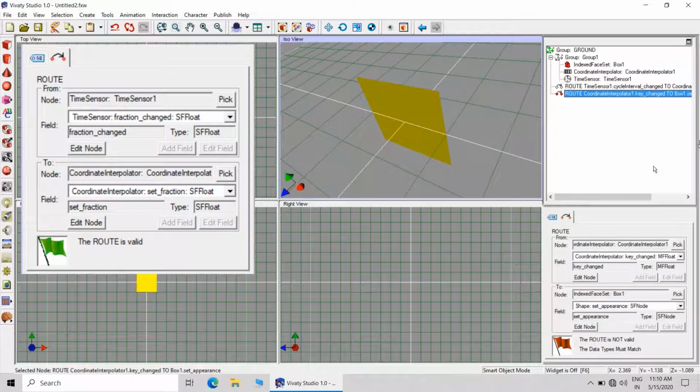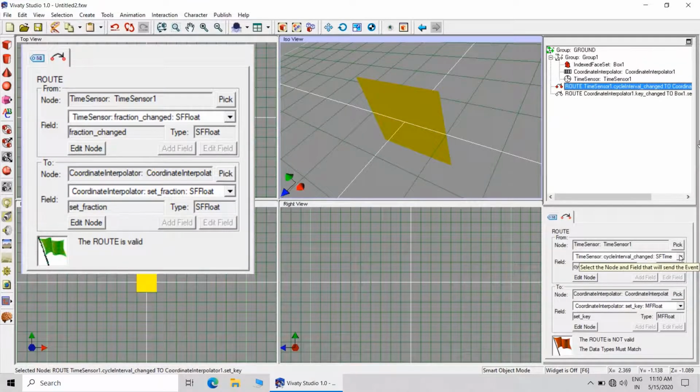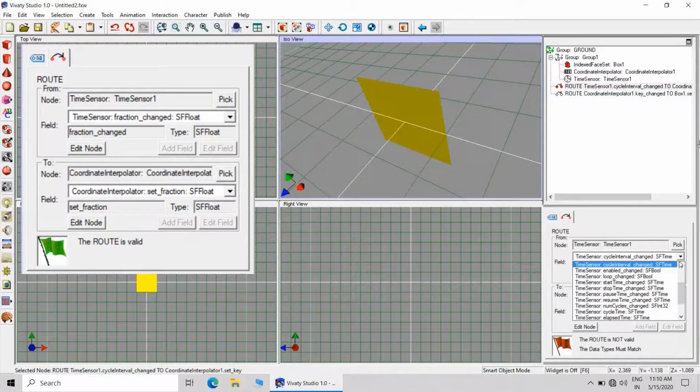Then we will define the routes so that valid routes can be created. The first route is from time sensor to coordinate interpolator. So here fraction_changed, SFFloat is required.